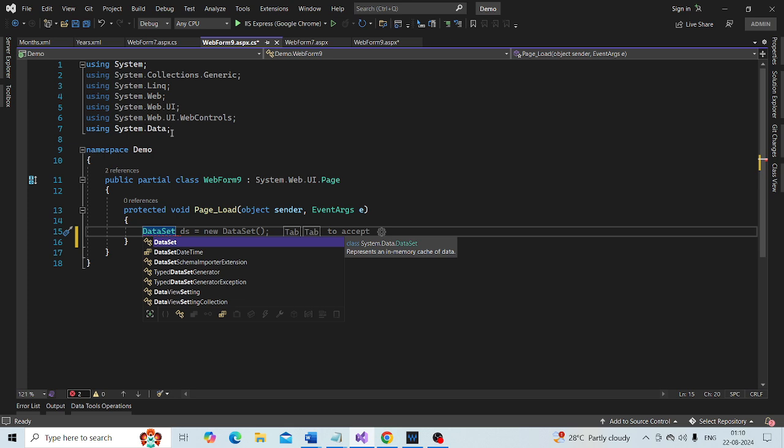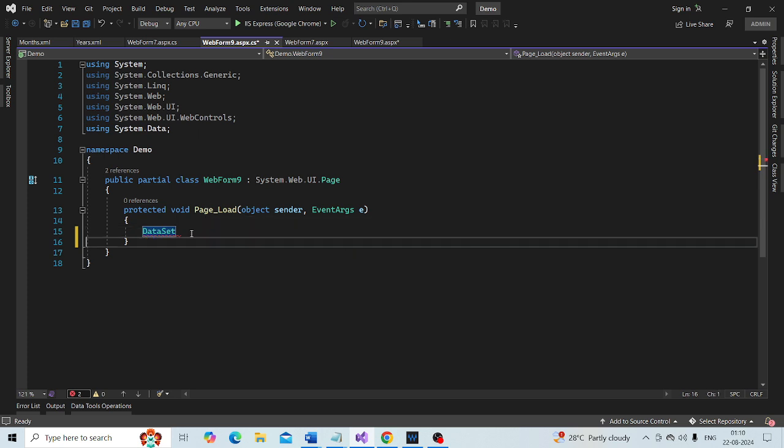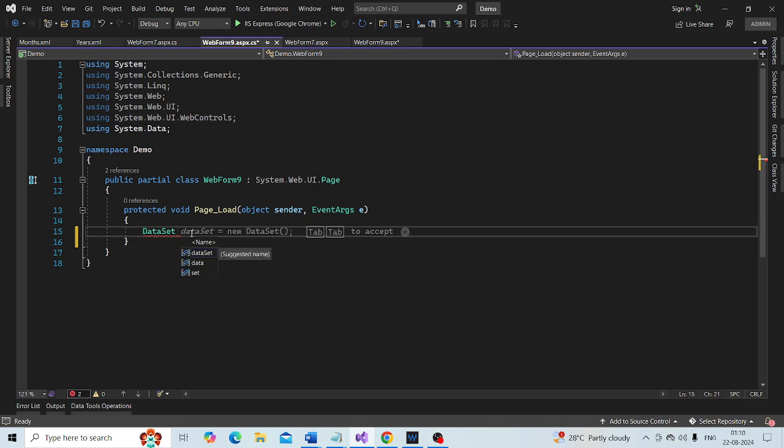I have already imported that. Let's create an instance of the DataSet object and call it dsYears. dsYears is equal to new DataSet.